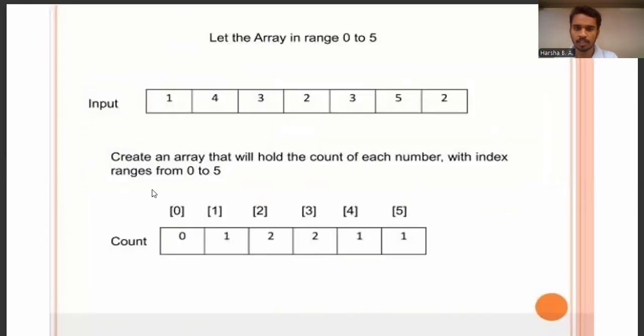So we will understand the counting sort algorithm by considering the following example. Now let's take an array ranging from 0 to 5, which includes the elements like 1, 4, 3, 2, 3, 5, 2. Now we will create an array that will hold the count of each number with index ranges from 0 to 5. In the count array,